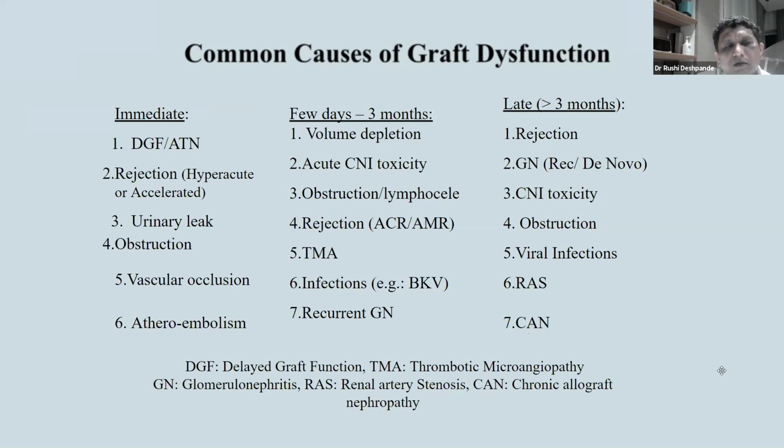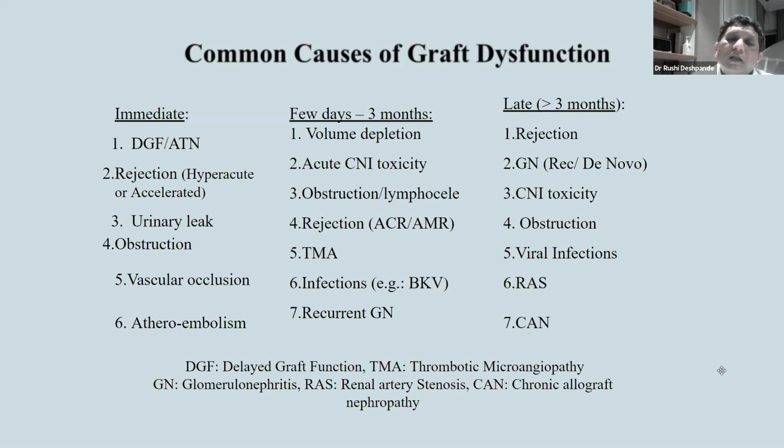So it's very uncommon. DGF or slow graft function is much more common when the donor is a cadaveric or a deceased donor transplant because of the logistics and the increased cold ischemia time. In living donor kidney transplant, it is very infrequent to see a DGF or a slow graft function. The other complications, like I explained to you, are primarily surgical in nature in the immediate period. The early complications are volume depletion.